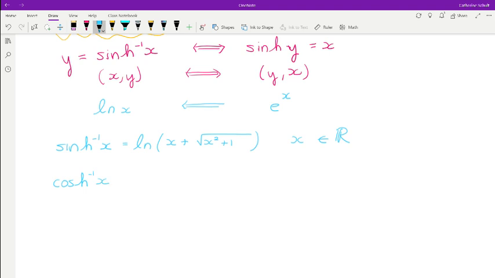So we're going to cut off here. So this is a quick sketch of the hyperbolic cosine. We're going to cut the graph in half, so x is greater than or equal to 0 and y is greater than or equal to 1. And we do this so it's 1-to-1. And then once a function is 1-to-1, it has an inverse. All right, so we have to limit the domain, just like we do with the circular inverse functions. Okay, so once we make that restriction,